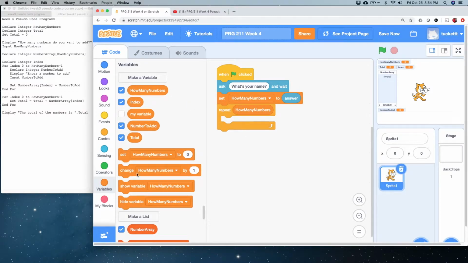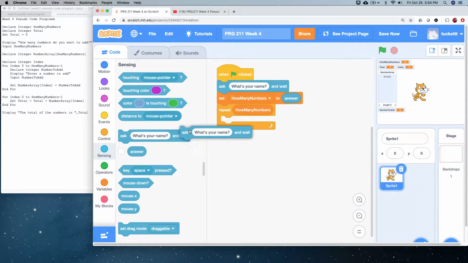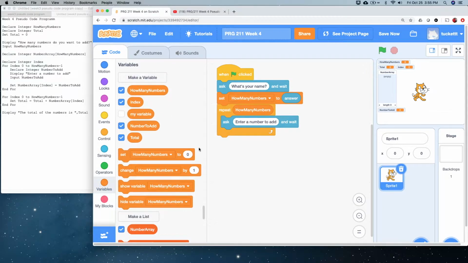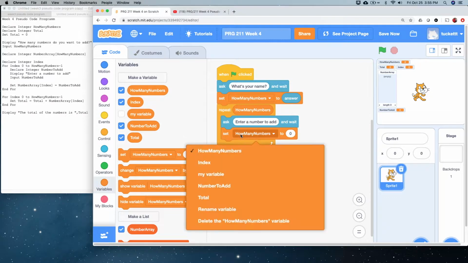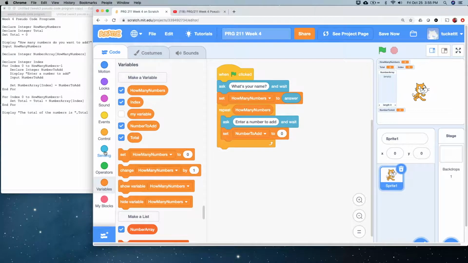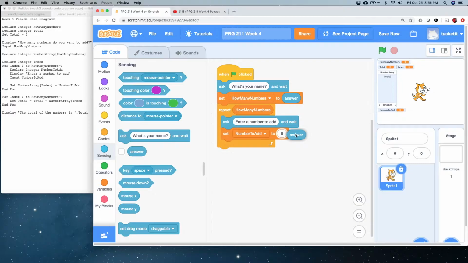Inside our loop, we're going to ask the user, enter a number to add. And that number is going to end up getting put in number to add from answer. Got it? And